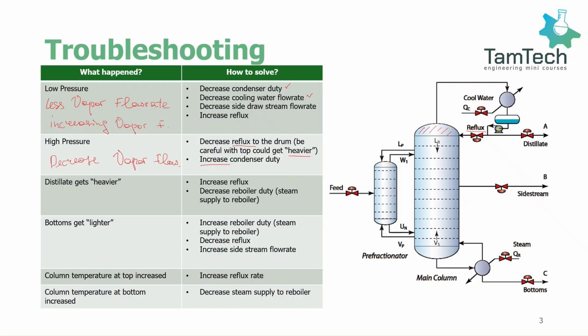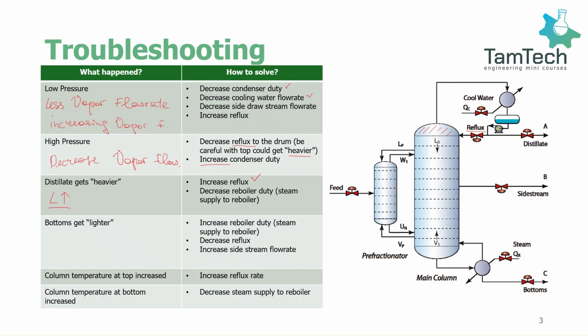So how we can increase the vapor liquid equilibrium is, of course, with an increase of reflux. An increase of reflux will ensure that we have an increased amount of liquid in the top trays, and more liquid, or lighter liquid, will be in contact with the vapor,